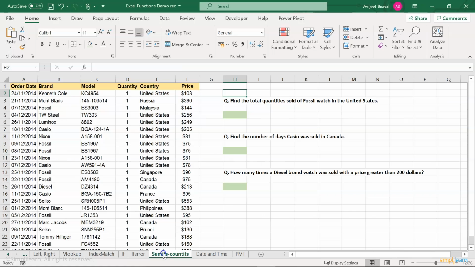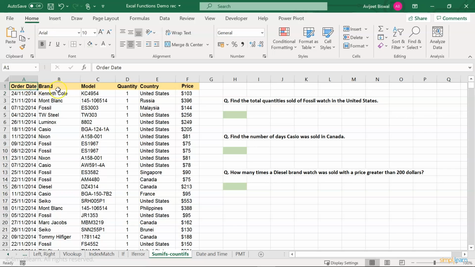Alright, now moving to the next sheet. So here we will explore two more crucial Excel functions that are used during analysis, such as budget analysis. Now I am talking about SUMIFs and COUNTIFs. So the SUMIFs function adds the cells specified by a given set of conditions or criteria. So let me show you how SUMIFs work.